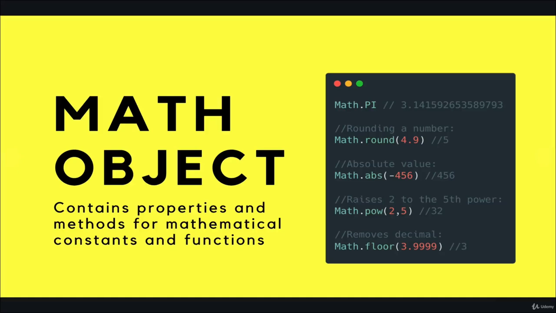So next up, a one-off video on something called the math object. Built into JavaScript, out of the box for free, we get access to this thing called Math with a capital M. And it's just a collection of properties and methods that have to do with math in some way. So we have methods like rounding, or round. We have a method called abs for absolute value. We have constants, mathematical constants like pi, the value of pi, 3.14159, and so on,